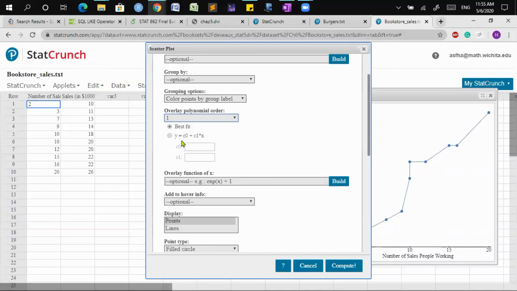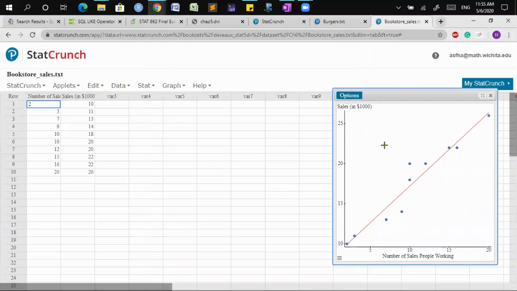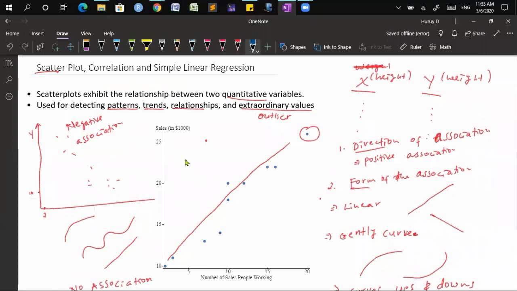Okay. Yeah, here it is. This is the line. Now let me copy this one and